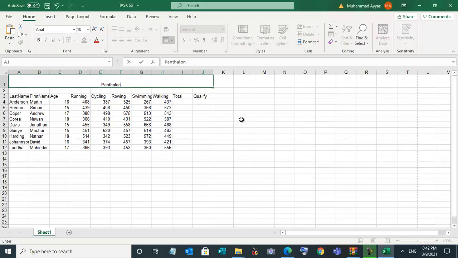Pentathlon results boys. Okay, make it capital also. PENTATHLON results boys. Okay, so this is the heading.